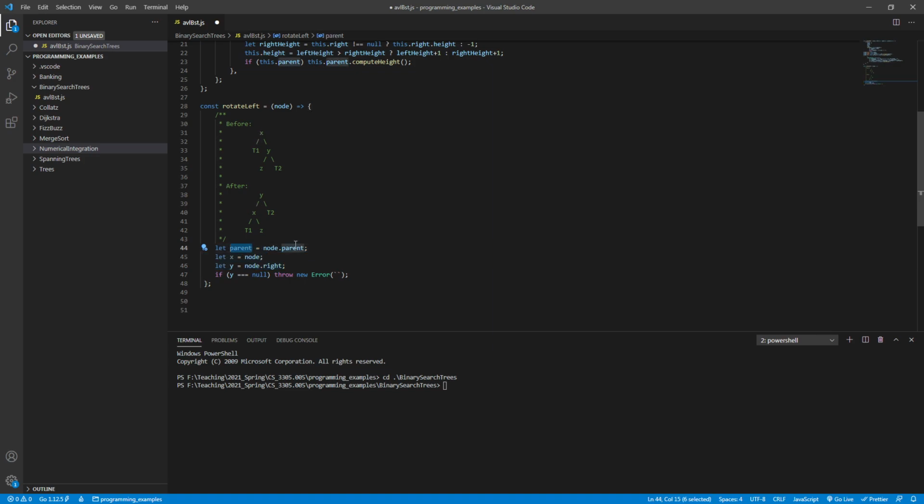so that given this diagram, we have a parent node which is parent to x, right? So the parent of the node that's coming in. We just hold on to that, because what sits here is going to change, so the parent is going to need to be notified of that. And then we pull out x and rename it. We pull out y and we rename it. And then